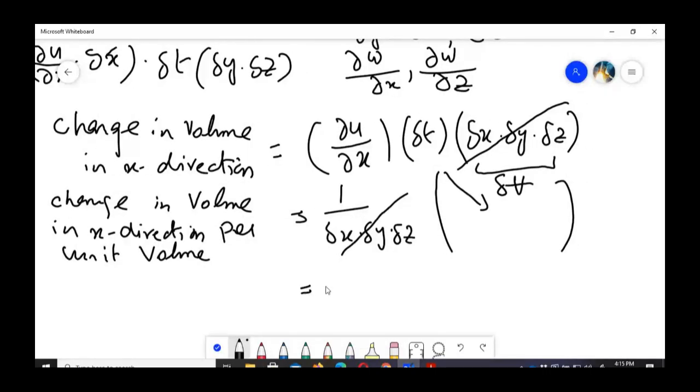That would be equal to partial u by partial x into delta t. Now, if we want to know the rate of change of volume per unit,